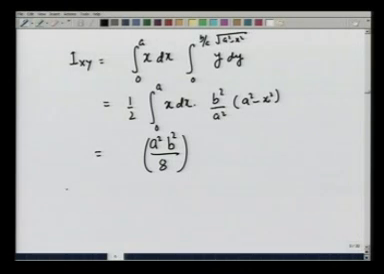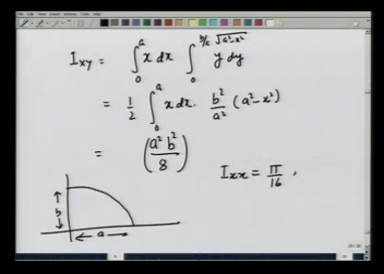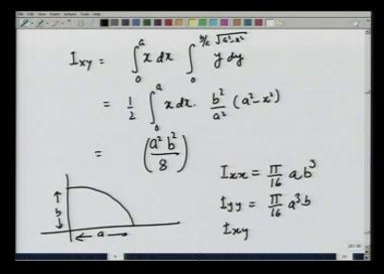Therefore, what we have determined is that for a quarter of an ellipse with semi-major axis a and semi-minor axis b, Ixx is pi over 16 a b cubed, Iyy is pi over 16 a cubed b, and Ixy is a squared b squared over 8. I will now leave it for you as an easy exercise to calculate Ixx and Iyy,